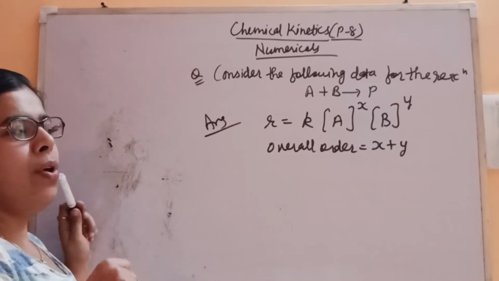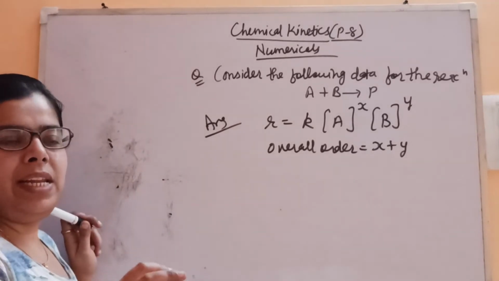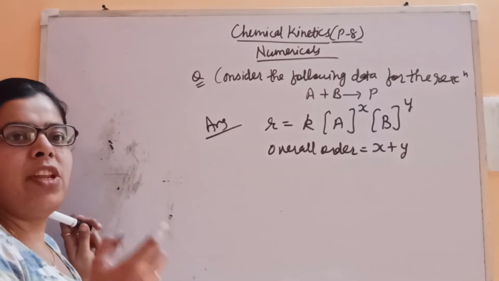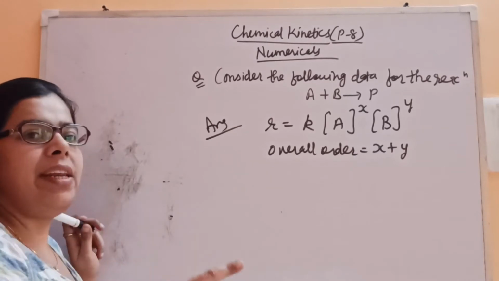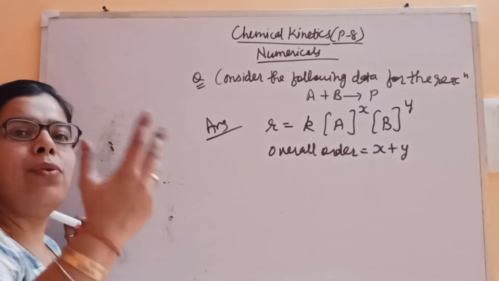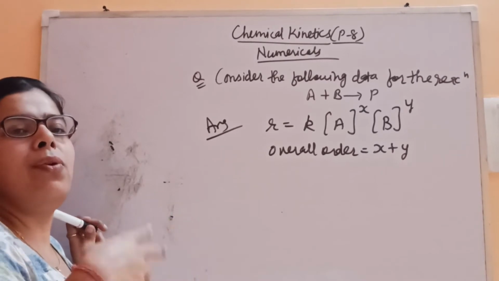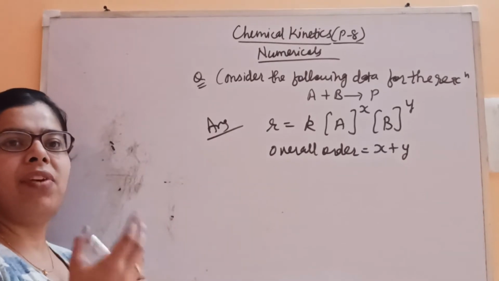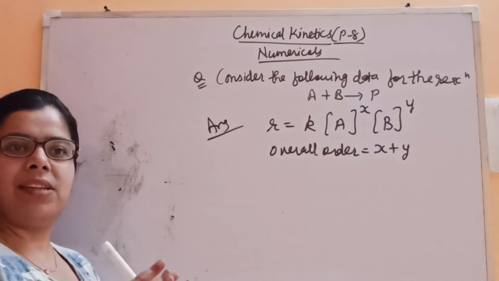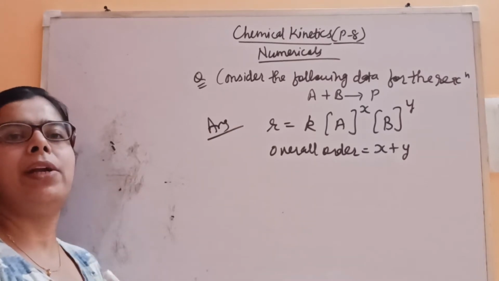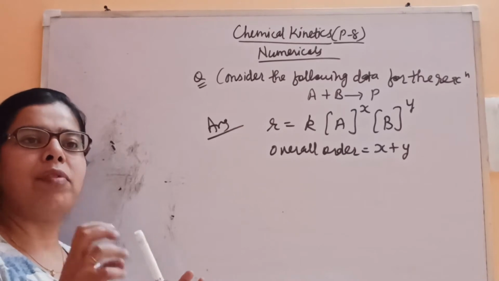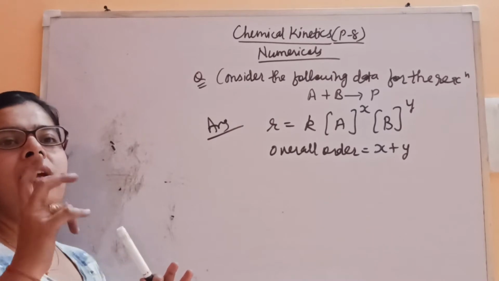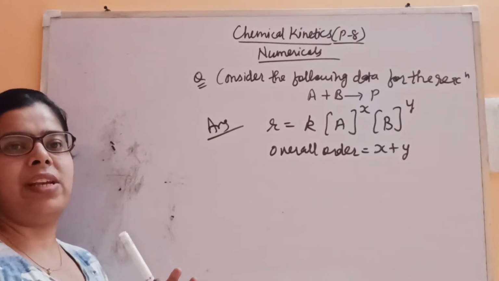First of all, if you go through the data completely, you will find that in 2 or 3 readings, the concentration of reactant A is the same. And then another 2 readings, you will find it's the same for B. So we have to choose those readings in which the concentration of one reactant is fixed and the other is variable. Only then will we be able to calculate. Are you getting what you have to do? You have to choose the experimental data in which one of the reactants is constant and the other is variable.